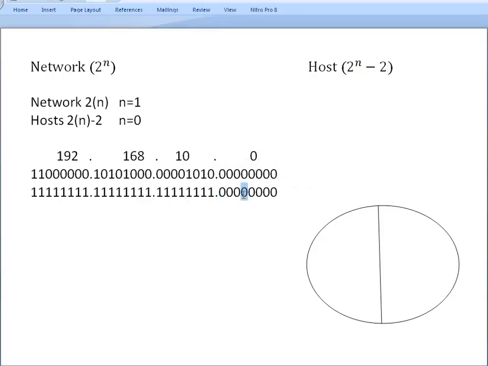We can't go and borrow this zero here because the subnet rule says the ones have to be on the left and the zeros on the right. You can't mix and match. So that zero is not allowed. The first zero that you can borrow is this. Okay, if we borrow that zero,